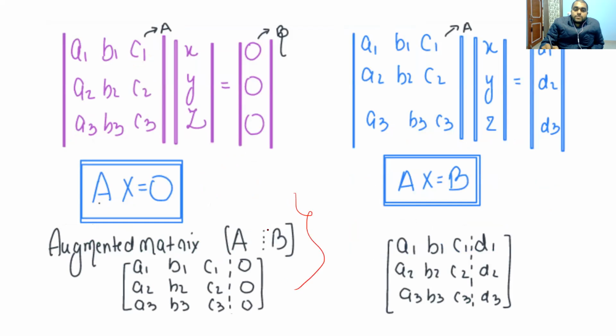So we have to find the solution of homogeneous or non-homogeneous equations. The format is Ax = 0 and Ax = b. There is a matrix called the augmented matrix, which is prepared from A and b. We have to write both A and b in combination. It will be the augmented matrix.